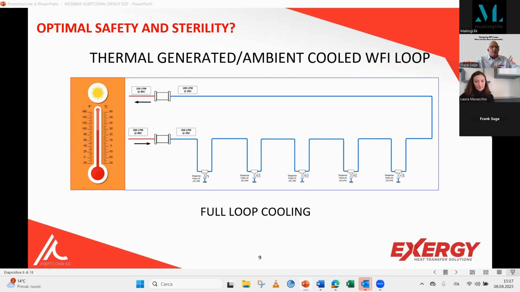Sterility is a serious issue if we handle WFI in cold loops, and we'll have a look at this. Safety is a very critical issue if we handle WFI in hot loops at dispense. And sustainability is also a strong consideration in how we distribute and dispense WFI, because it is in the distribution and dispense design where most of these considerations are at their